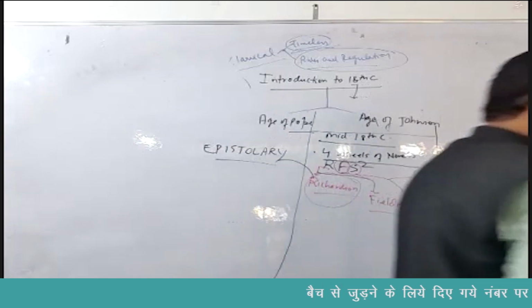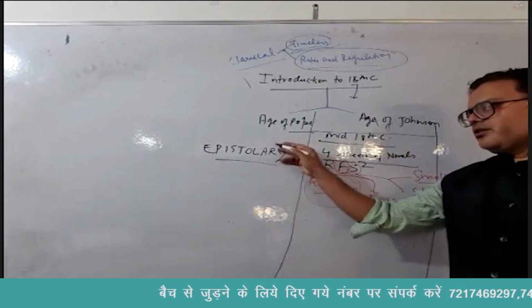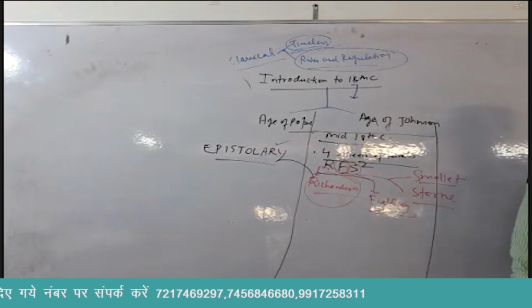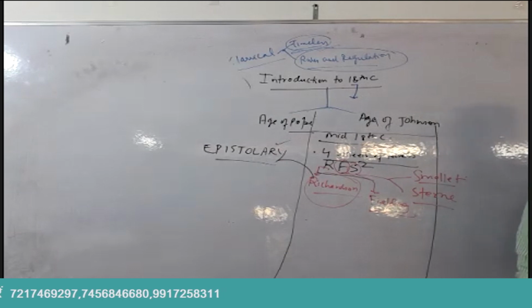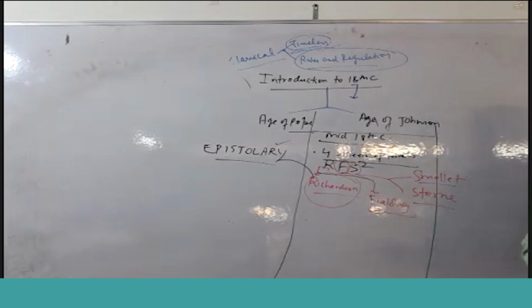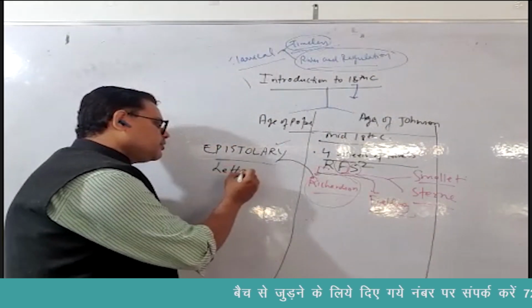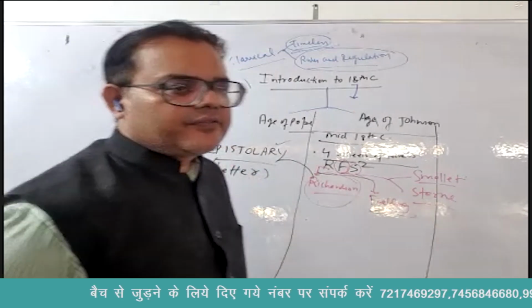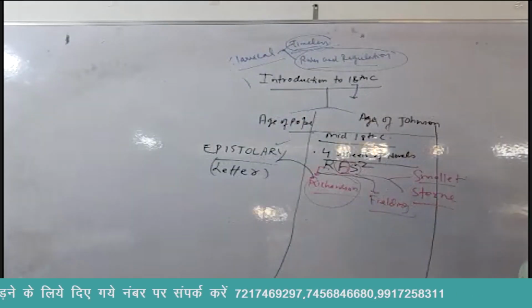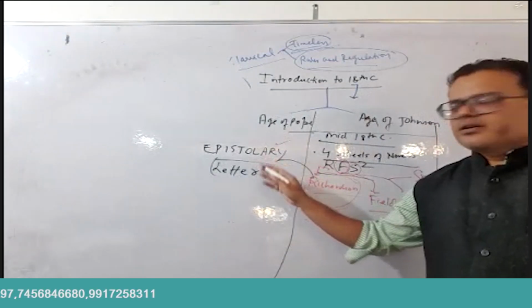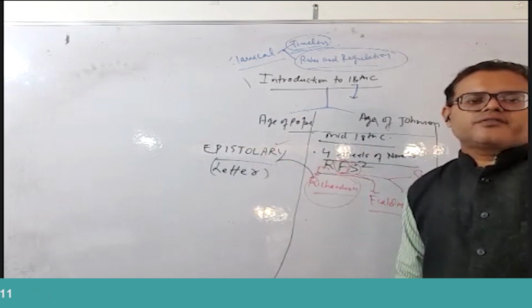They have been asking questions like anything from this topic. Epistolary. Now the word epistolary means epistle. And what is an epistle? Letter. Letter format, when the novel is written in the form of a letter. In Hindi we call it chitti wala letter. So any novel which is written in the format of a letter will be called epistolary. The traditional word for letter is epistle, EPISTLE. From epistle we have made epistolary as an adjective, and that is what we call the novel written in the form of a letter.